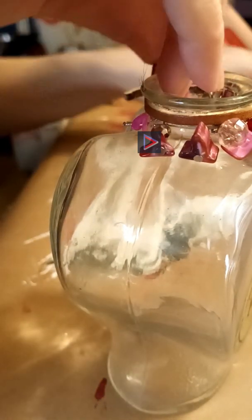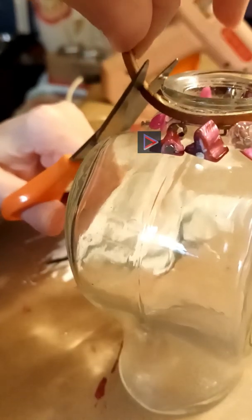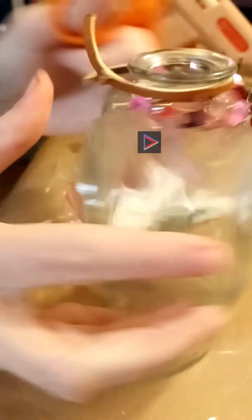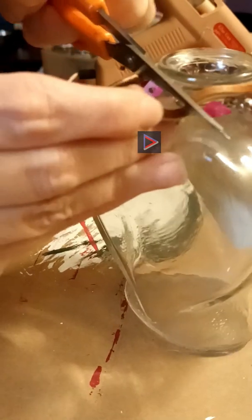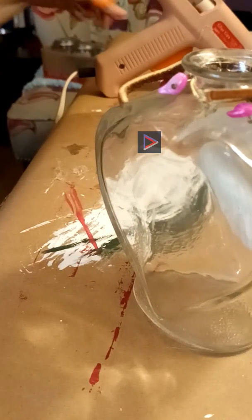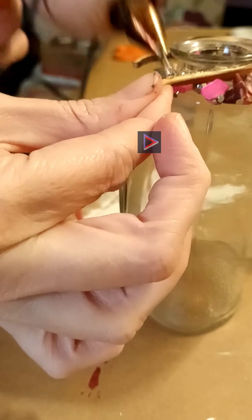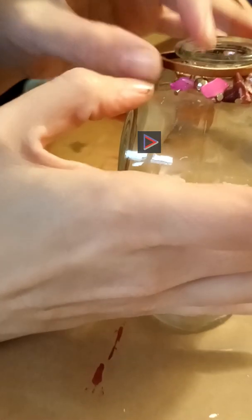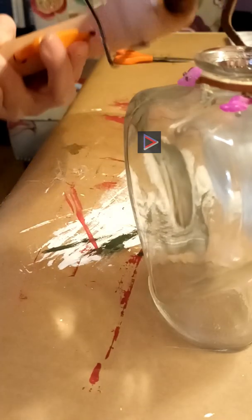Then cut the excess leather. I should have got my better pair of scissors, but I'm not really in a wheelchair. Let's see if we can get this cut. There we go. Alright. See a little more glue there. Press that up under there. There we go. And then on this other side,